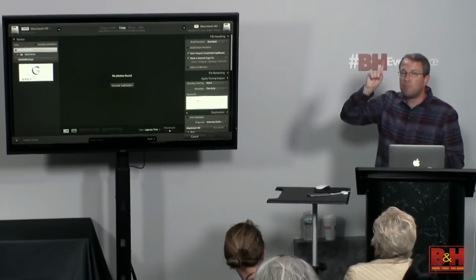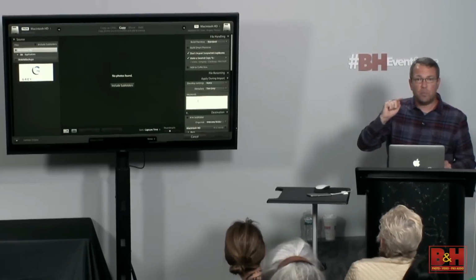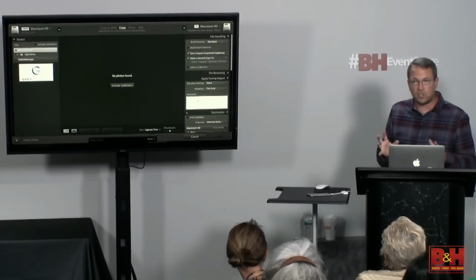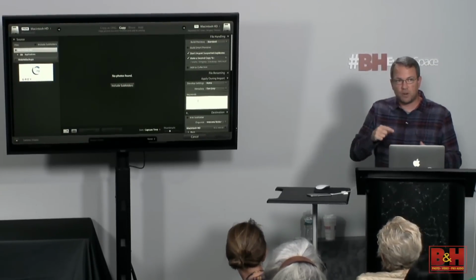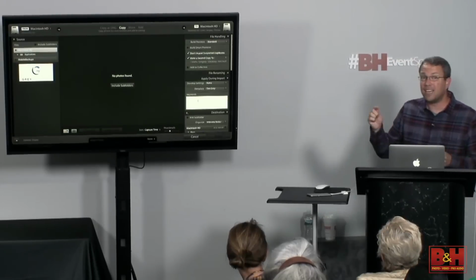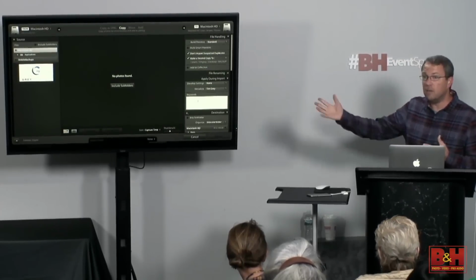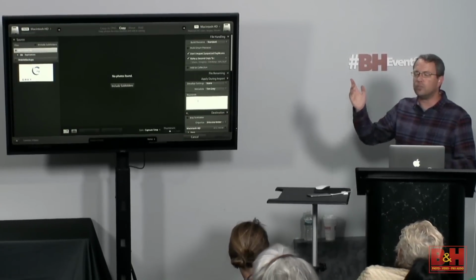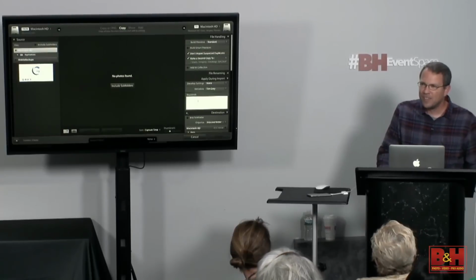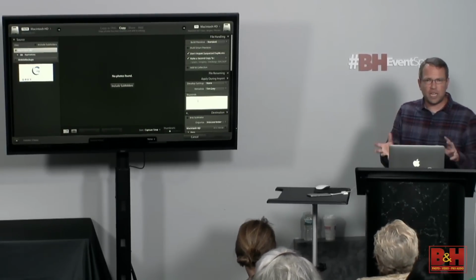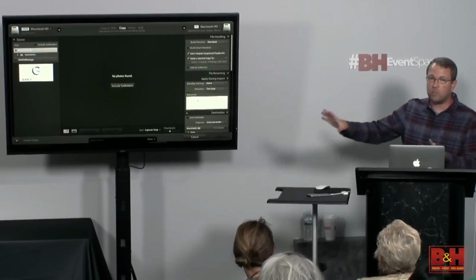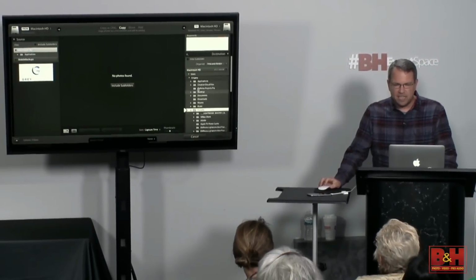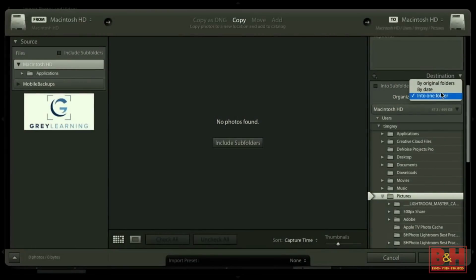So again, being careful. But again, coming back to that complacency issue, one of the great things here is that it remembers so many of my settings. So for the next import, I've got most of those settings exactly the way I want them. The problem is that I might forget to change things that I need to change. Or I might get a little bit too quick to import the photos. Bring up the dialog, plug in the card, click the import button, and oops, they're going to the wrong folder. That's going to be a mess. So taking a little bit of extra time maybe to just confirm that everything really is set exactly the way you want it. And I feel that I should hasten to add